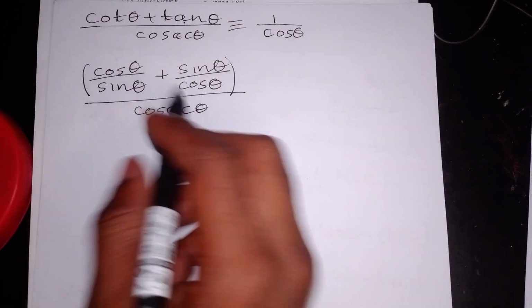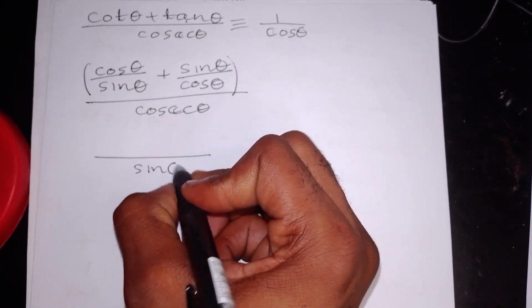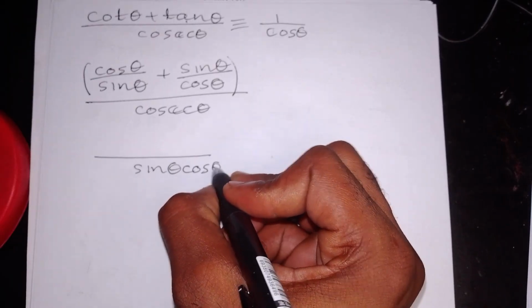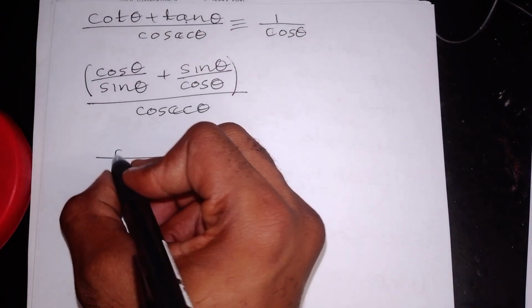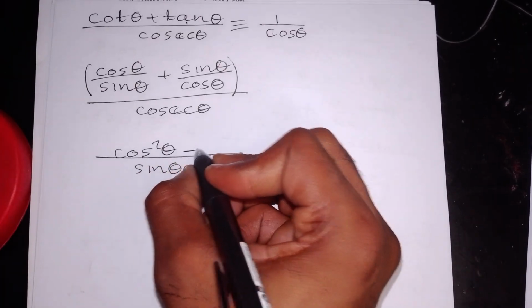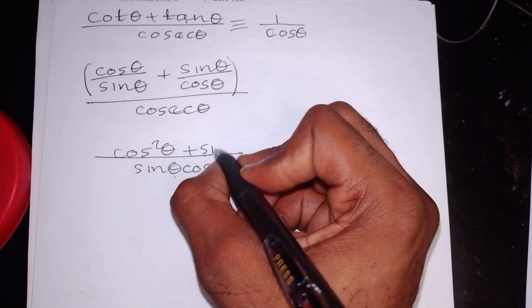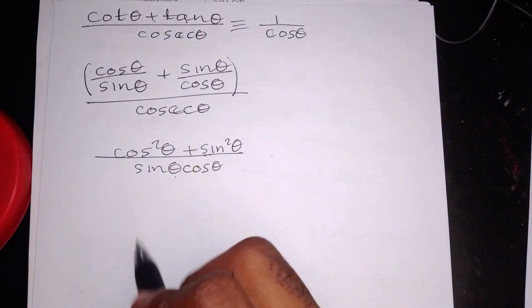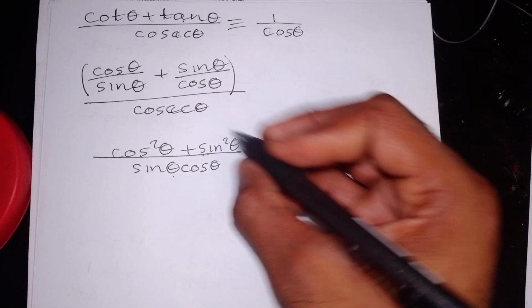So now you can combine these two by finding the common denominator. So this into this, you have cos times cos, you have cos squared theta, plus this into this, you have sine multiplied by that, you have sine squared theta, and then everything over this,